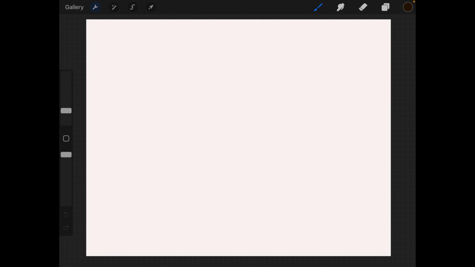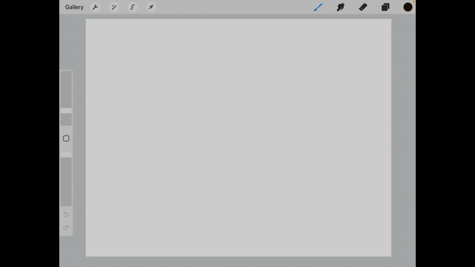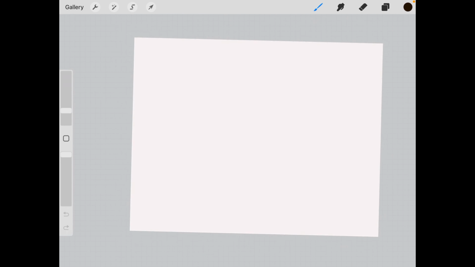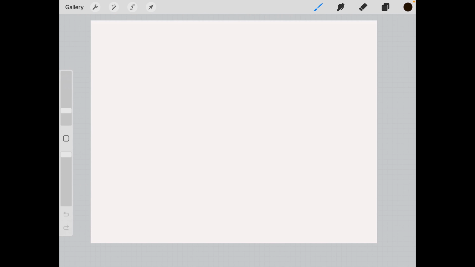Okay, I think to make things easier for you, I will just switch to light mode and I'll be right back. Okay, so I think this looks a bit better. This light mode is for recording a video, but otherwise, while drawing, I like to stick with dark mode. I'll show you where to switch it just a little further in the video, so make sure to stick around till the end.